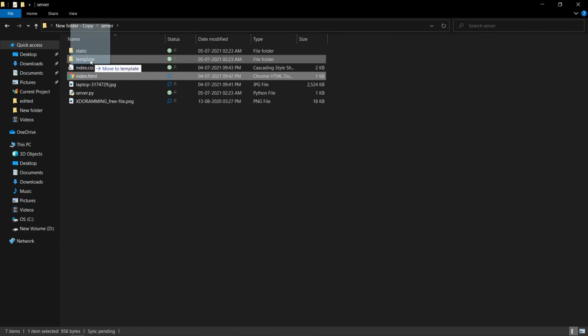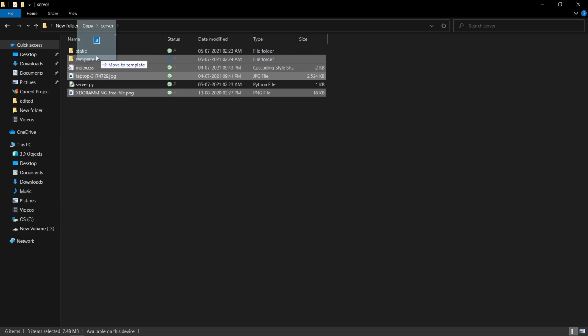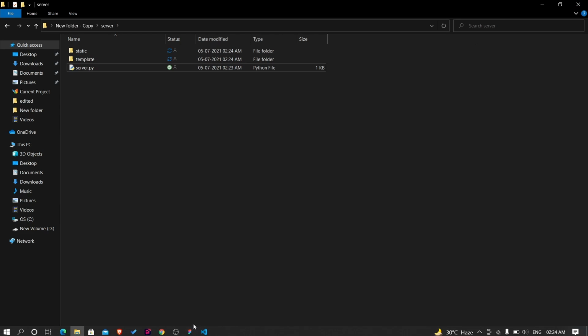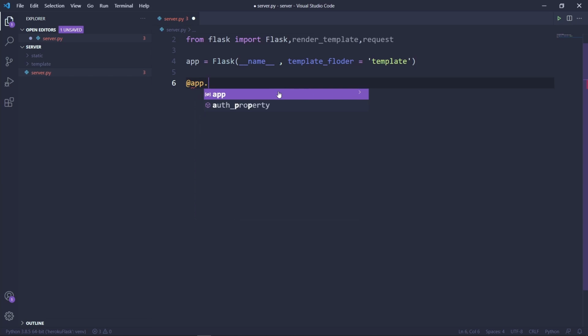Index will go inside the template, and our index and these images will go inside static. Guys, isn't it awesome? You are also getting Flask tutorial, so you can make your own website, web server. And it's not Flask, basically it's big F. Yeah, big F. And now I can say app.route